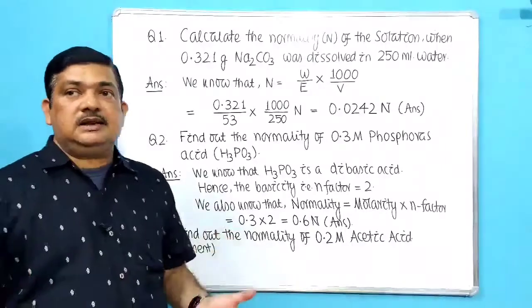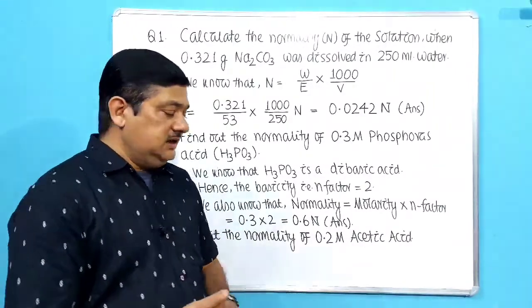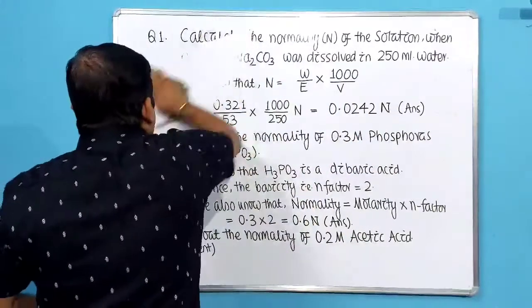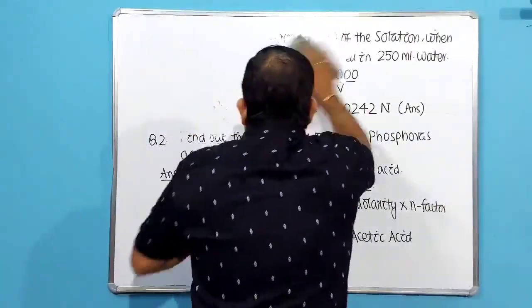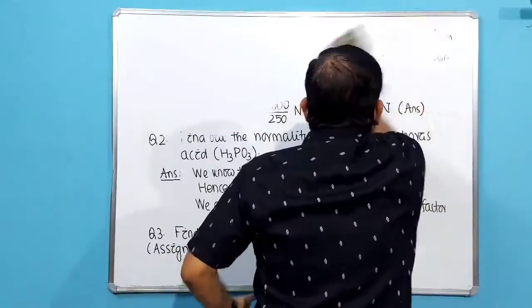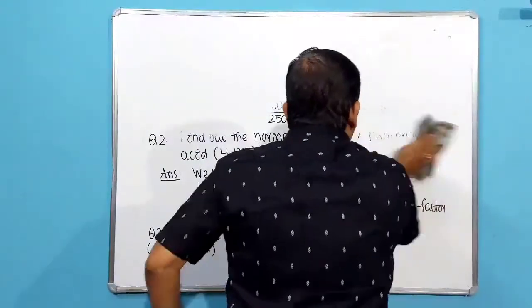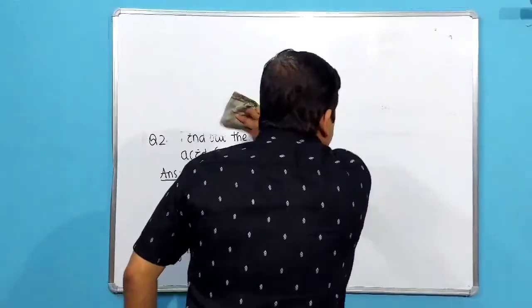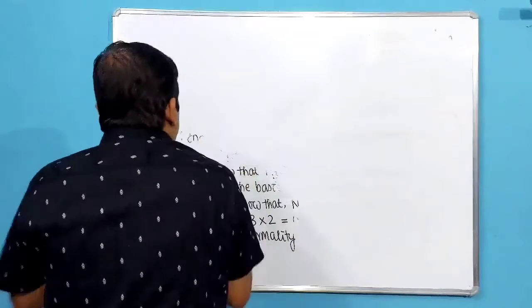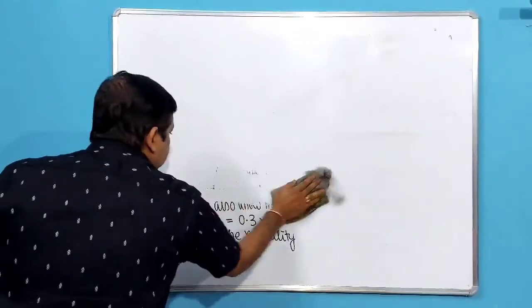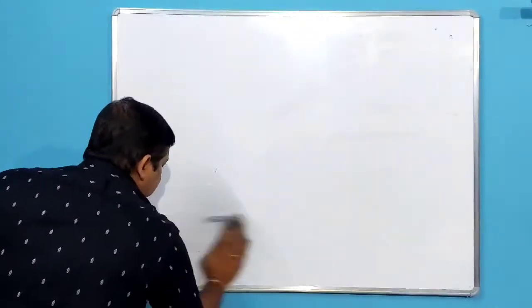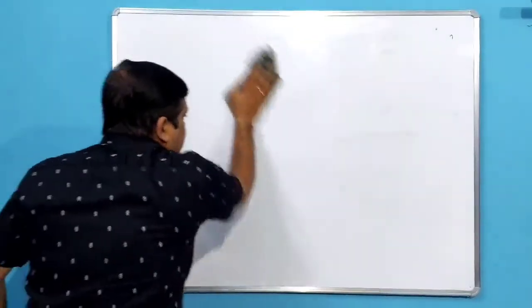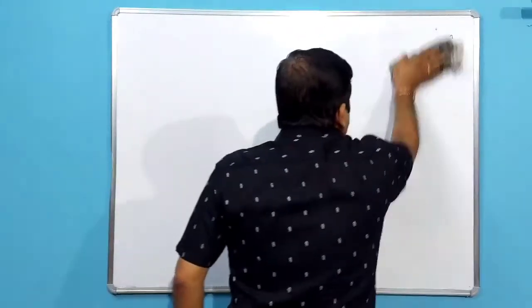In the last one, I will give you the similar conditions, that is normality equation and resultant normality when we mix two different solutions of different normality. So first we will come to normality equation. So molarity equation I told you is M1 into V1 is equal to M2 into V2. So when we dilute a given solution, the molarity was changing, so also the normality will change. So when a solution will be diluted or its volume will be changed, then the normality has to change. Then what is the relationship between these two solutions? That is called normality equation.